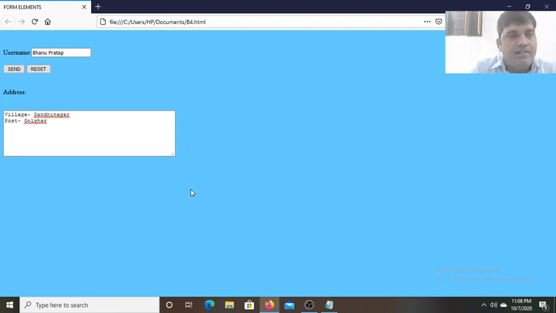And after that we can write district. District we can write Gorakhpur. Okay, like this we have written all the details of the address. Village Gandhinagar, post Goldhar, district Gorakhpur. And after that we send. So click on the send button. Now you will see.